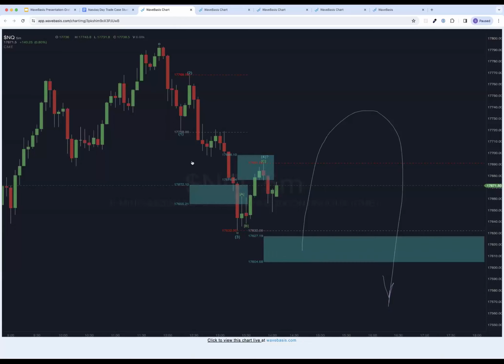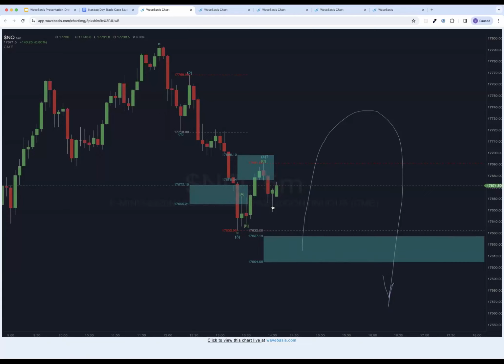There's a temptation, I think, especially with newer traders or people who are newer using Elliott Wave analysis and using WaveBasis in particular, to run a wave count and see what it's saying and try to trade it immediately. So, okay, this wave count is telling me that we just topped in a wave 4, so we're probably going down to finish wave 5. Maybe I should get short here. We don't recommend that. I don't recommend that.